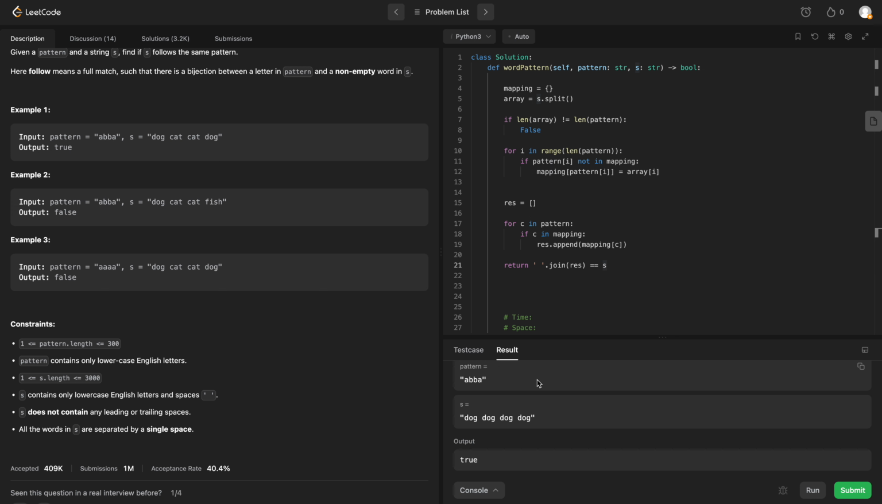4-character in pattern. What do we have here? We've got A, B, B, A. And our S is dog. So let's say,